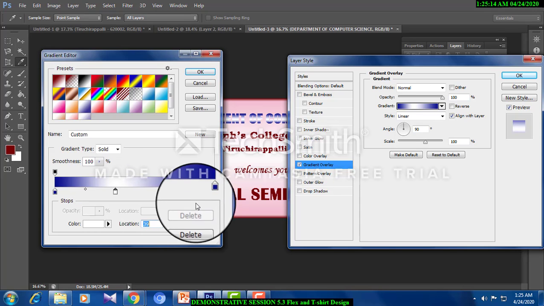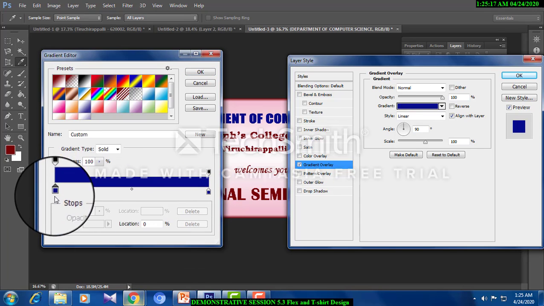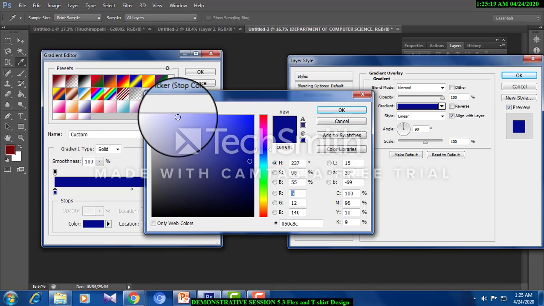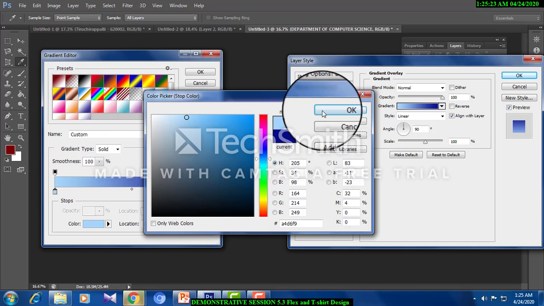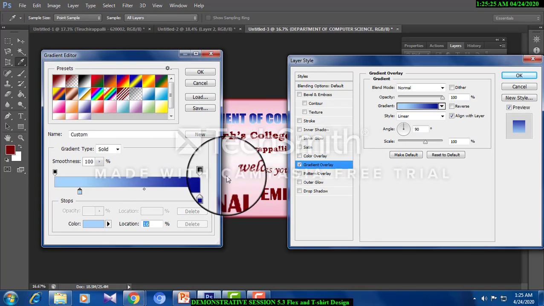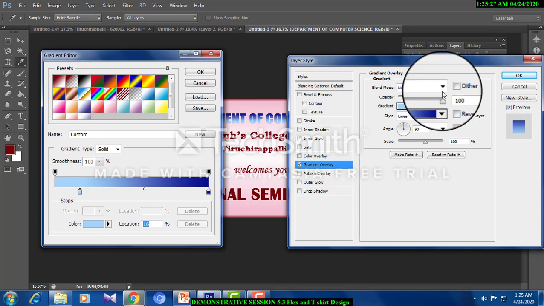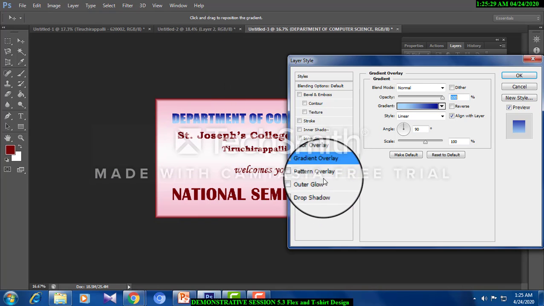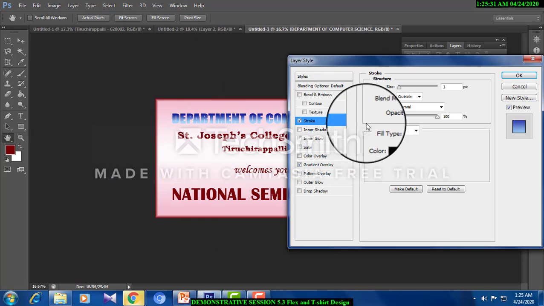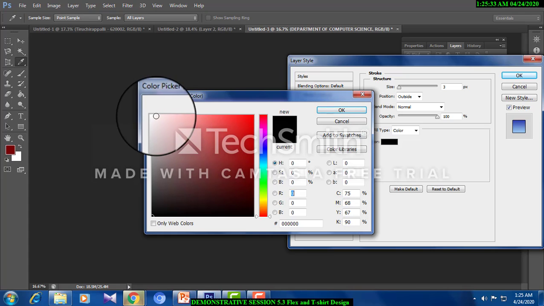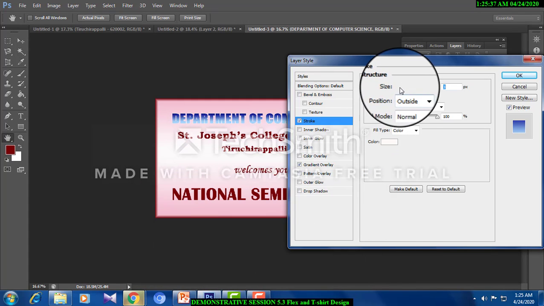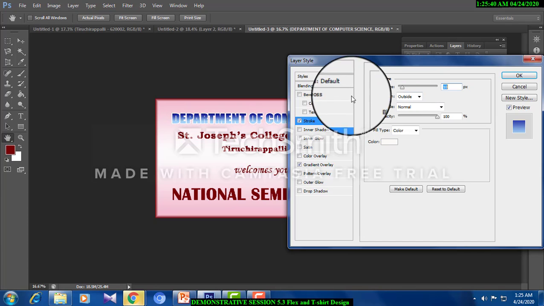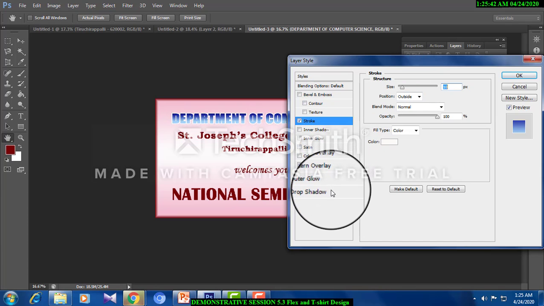Sorry, I am deleting this, making a light blue. Is that okay? Now with a stroke also. If you give a stroke, it is better. Or a drop shadow.